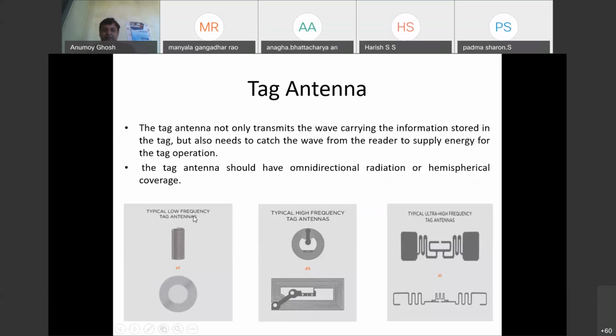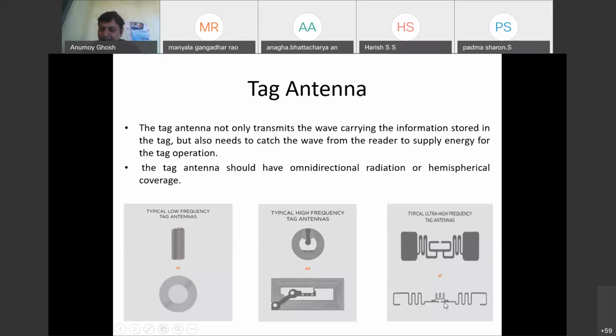Now, these are some typical tag antenna designs. These are the particular kinds of tag antennas which will be employed in your vehicle management. These are known as dipole tag antennas. In the gap that you are seeing, the chipset is included. Over here also, if you see a gap, the chipset is included. The difference from this structure to this one is that here, above the gap, there is another meander line. This meander line is an extra structure which is used to conjugately match the antenna impedance with the